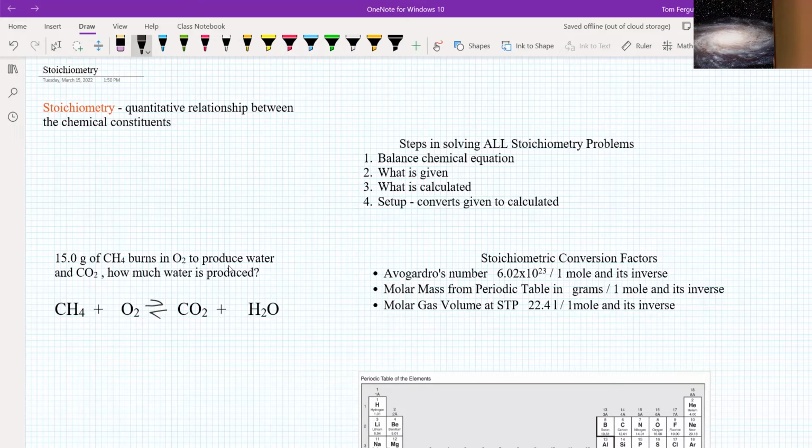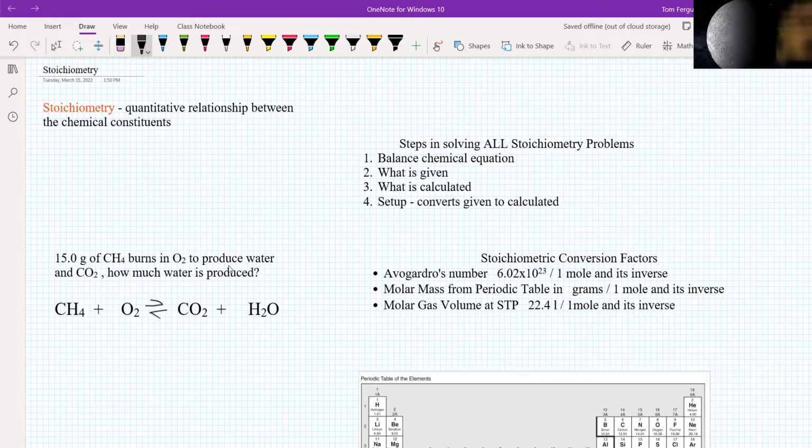Okay, so we have a chemical equation here. We have methane, CH4. It's going to burn in an oxygen environment, giving us water and carbon dioxide. Okay, and I said 15 grams of methane burns in oxygen to produce water and carbon dioxide. How much water is produced? Okay, so we have a couple things going here. One, we have an equation to balance. Boom. Now,